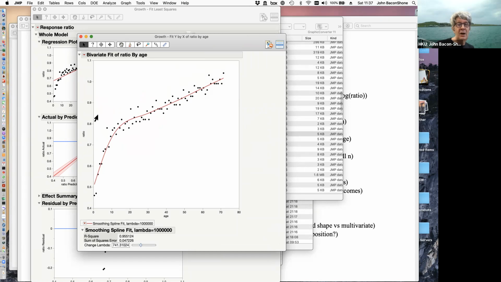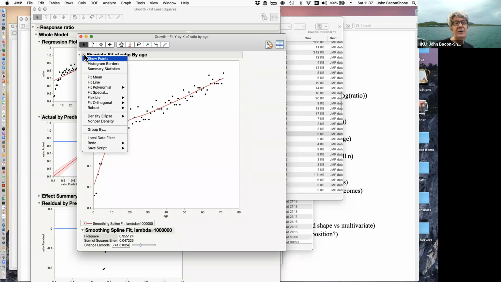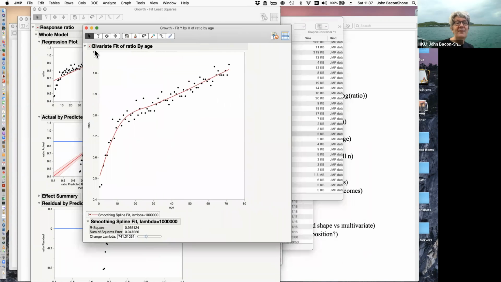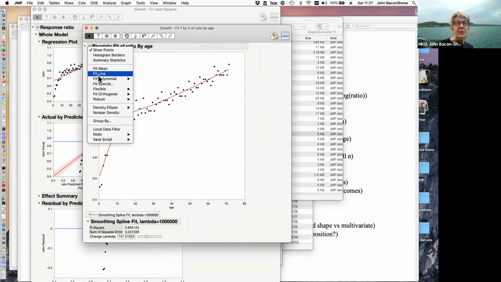Now, traditionally, people, rather than using spline fit, would use polynomials. So let's have a look at what happens if we try to fit polynomials. In other words, it's quite clear from the residual plot here that a linear relationship is not sufficient. So we might say, well, what happens if we fit a quadratic model? So if we do fit polynomial quadratic,